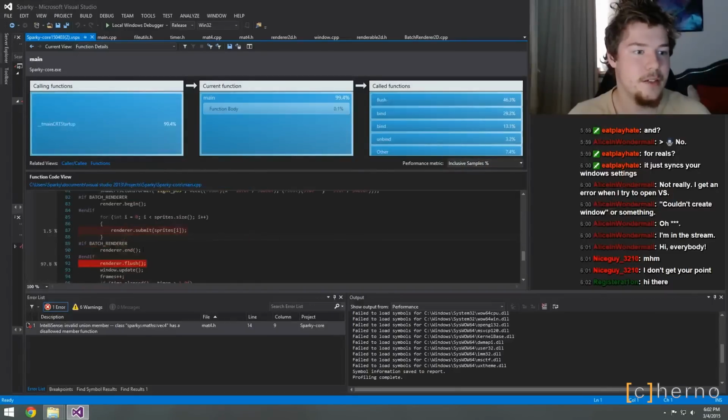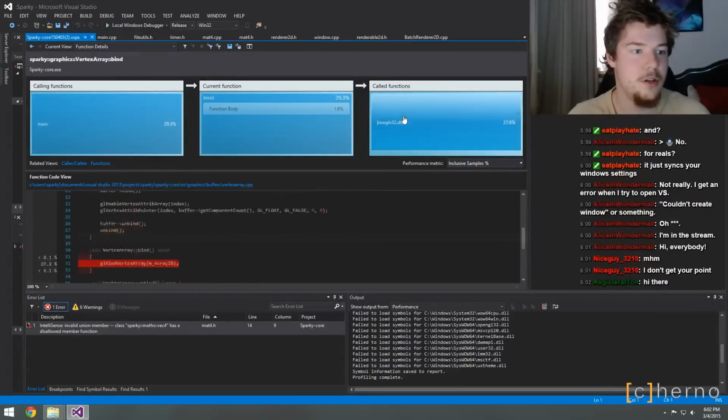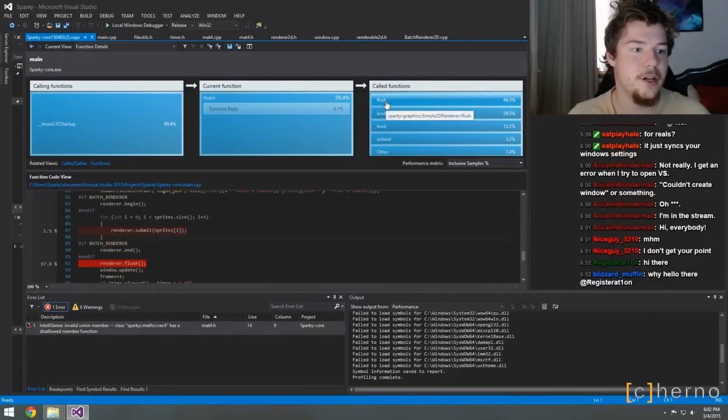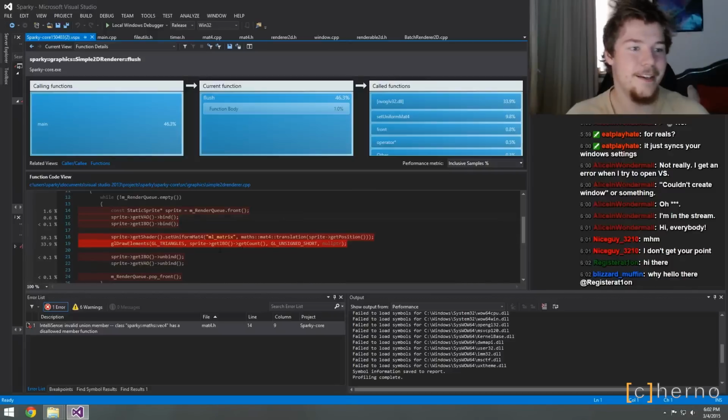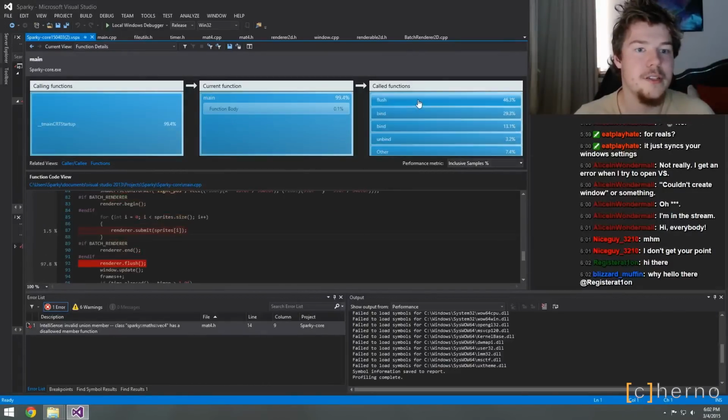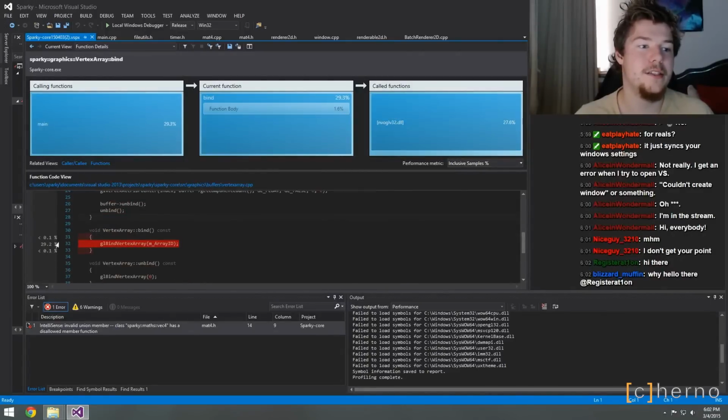If we go back for a second, so flush. Where's bind happening? Okay, so that's even worse. So let's go to flush. Okay, so yeah, draw elements is taking up heaps, as is sprite.getShader. Now the other thing that's kind of important to note is that binding our vertex array is taking up